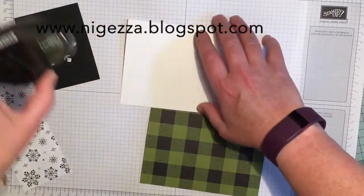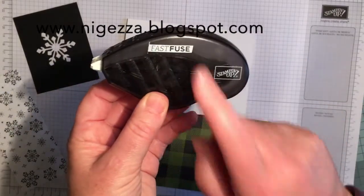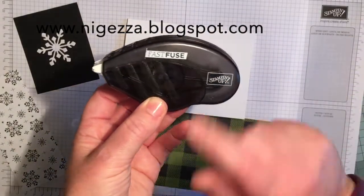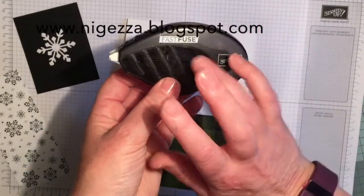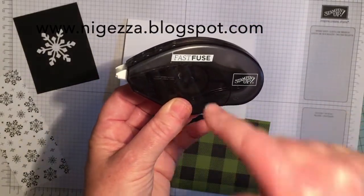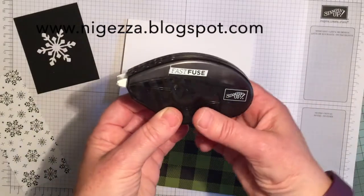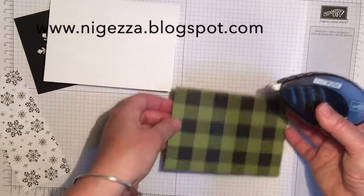So I'm going to use Fast Fuse because it's on offer. You get a Fast Fuse, it's £9, and then you get 2 refills absolutely free, and normally they cost £7 each. So Fast Fuse is, you know, not the cheapest of adhesives, but it's absolutely brilliant. And you get 12 metres on the Fuse itself, and then the refills are 20 metres each. So you actually get a lot for your money, and it's as strong as red tape, but much more